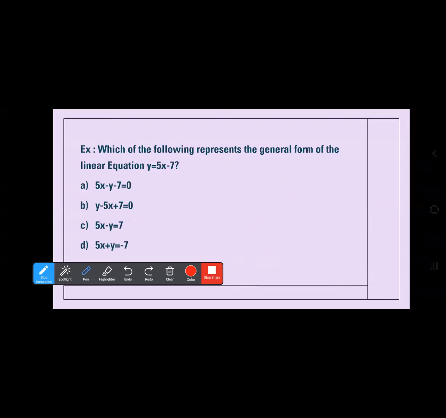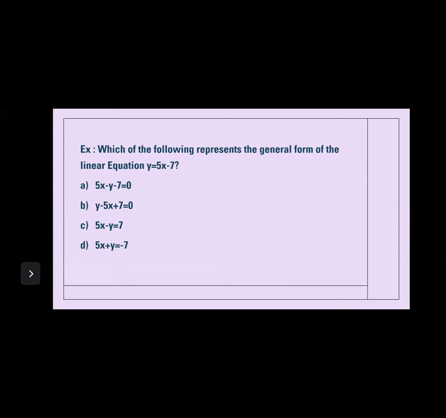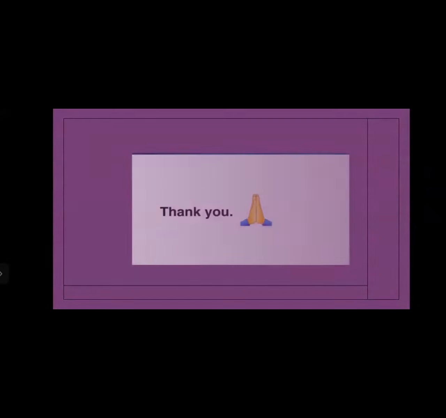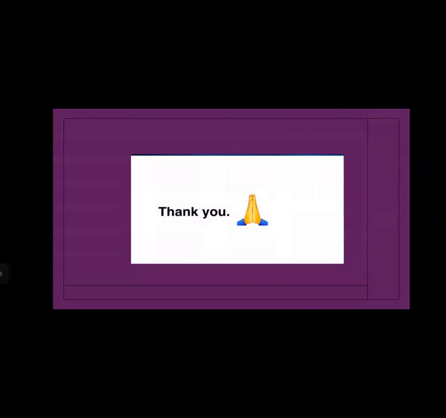Whenever the question comes that represent any given equation in the general form, see that first you put it equal to 0, and all the rest of the things should be on the left hand side. Right hand side it should be 0, and all other terms x, y and constant should be on the left hand side. Okay. So this is one type of question that can come in your MCQ. So today students, we have seen that